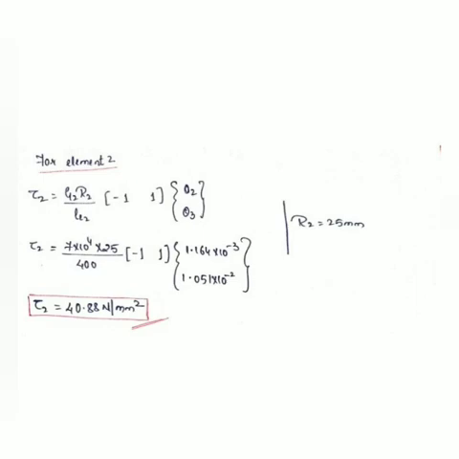So we have now solved the torsion of shafts using the FEA method. You found the angles of twist, theta 2 and theta 3, at nodes 2 and 3 respectively, and the shear stresses in element 1 and element 2.